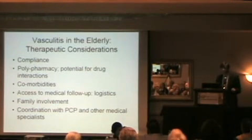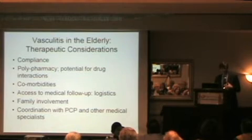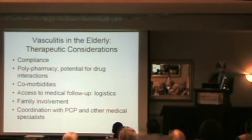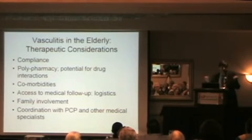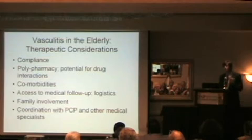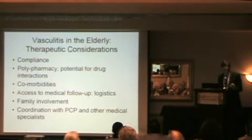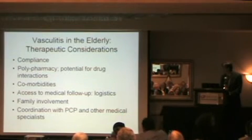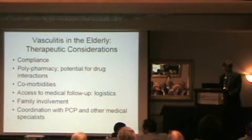treating the elderly. The elderly often, and also I don't know what we mean by elderly. You know, so I'm pushing 50 now, so 20 years ago I would have thought about me as being in that category almost, but it really depends how you approach that, but certainly in the very elderly, often these patients are